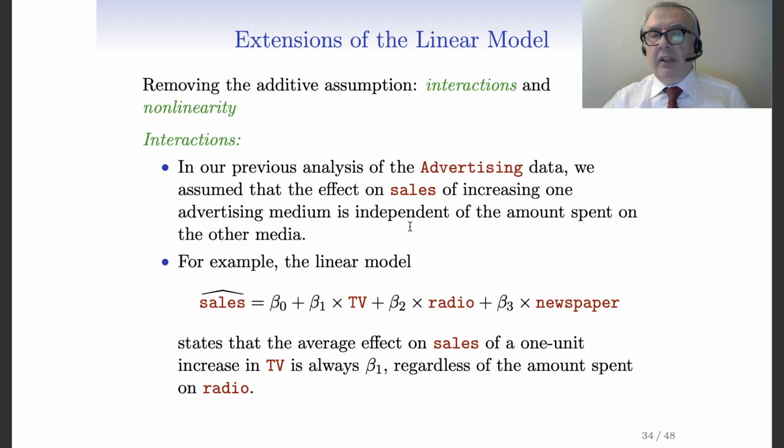So we have a linear model, and this is the model. Our prediction for the sales is the intercept plus a linear term on TV expenditure, advertising on TV, beta 2 times radio expenditure, and beta 3 times newspaper expenditure. So the idea is that when I increase one of these 3 expenditures, I should have some benefit on sales, but this benefit should be independent of what happens for the other 2 expenditures. So this is the meaning of the model. This is what the model tells us, but this could be too simple to describe what happens